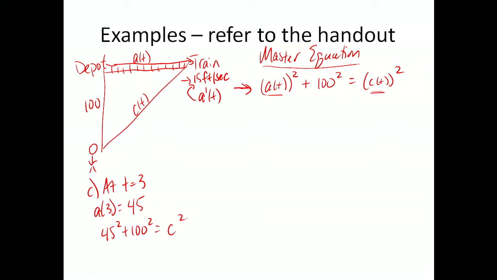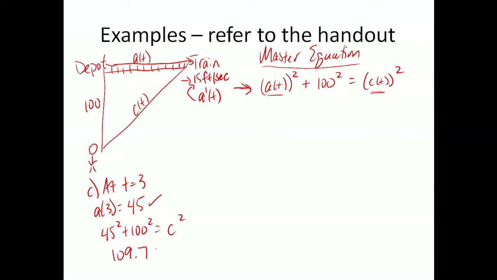At time 3, I know that if I can tell you how long A is, which hopefully I convinced you is 45, that if I plug that in and use the Pythagorean theorem, that should be enough to solve for, in this case, C squared. So if I do 45 squared and I add 10,000, you get 12,025, and that's C of t squared. So if I take the square root of that,